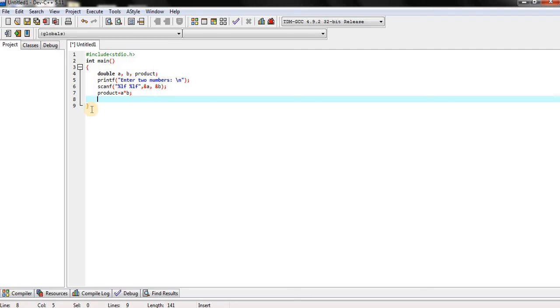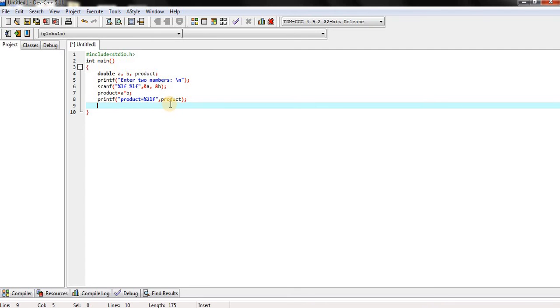And you have to display the product value on the screen with the help of printf: product equals %2lf, comma product. End the line with a semicolon.